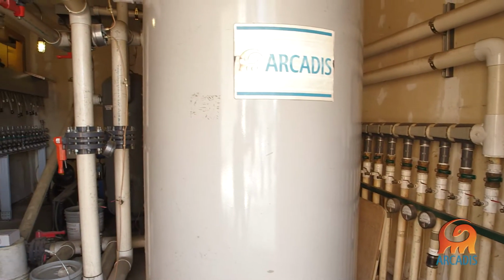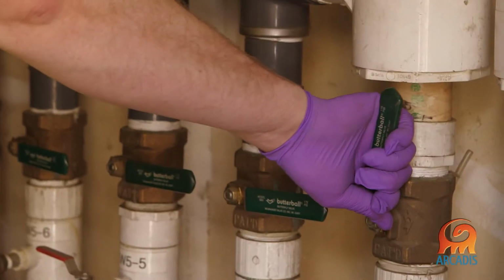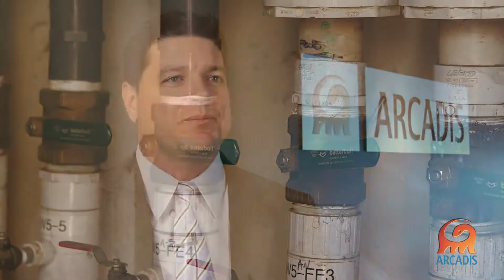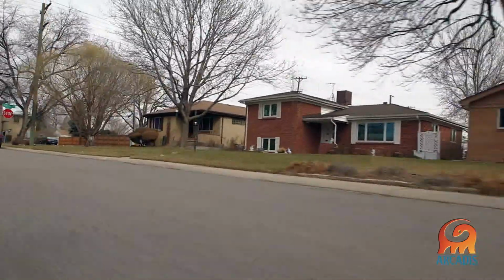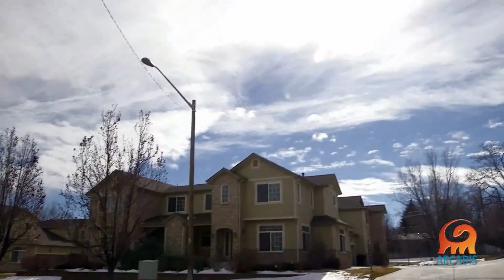Later on, as our understanding of site conditions improved and technology evolved, we converted the bioremediation system to a more updated technology, which dramatically increased the pace of remediation and lowered the cost. It's very important to remain adaptive throughout the project lifecycle and respond to project data and make course corrections as needed. This remediation of a large contaminant plume has provided great value in eliminating the risks associated with vapor intrusion to the nearby residents